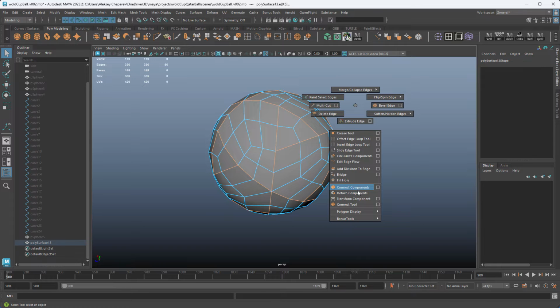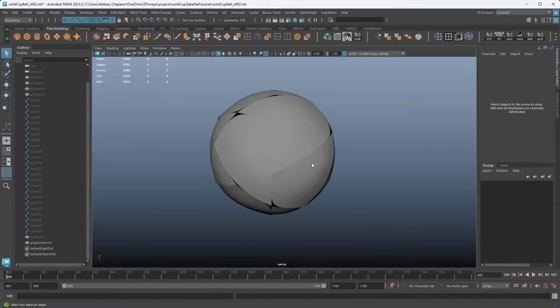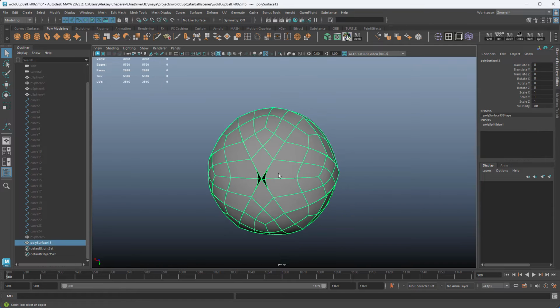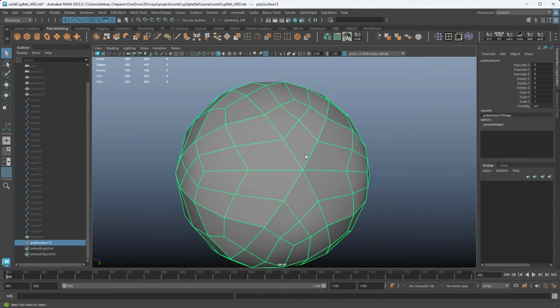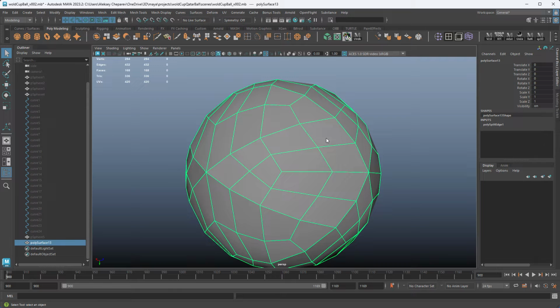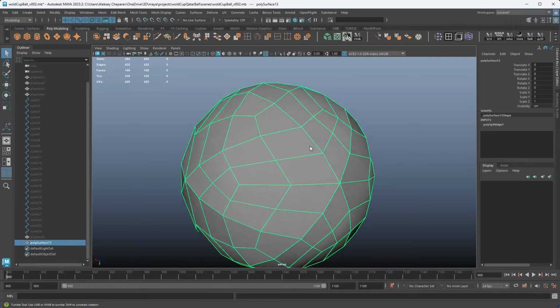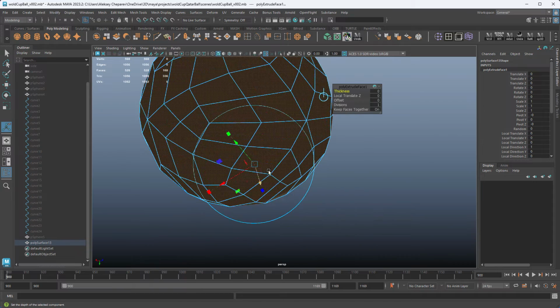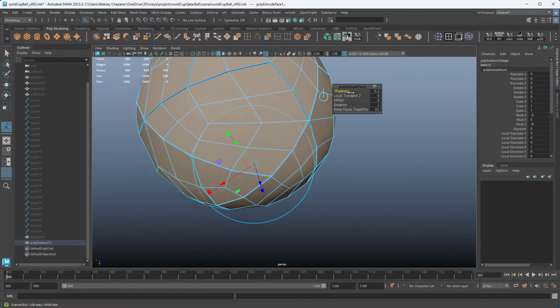Shift, right click, detach component. Now if we press 3, you can see we have all the patches separated. Now we can bevel the patches, but we can't bevel them unless we extrude first. So if I extrude this with thickness,